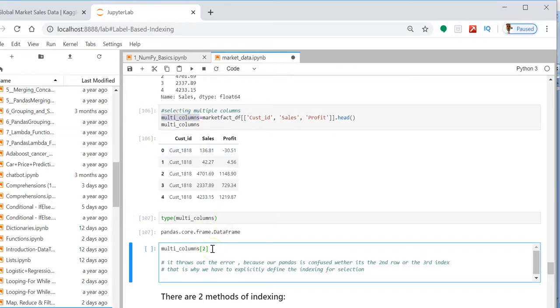But if you want to select only the second row, how do you do it?